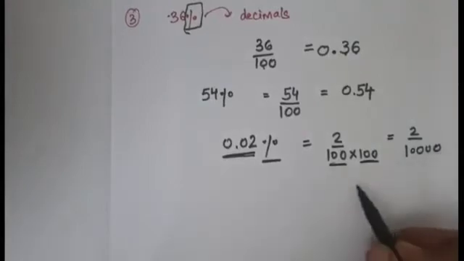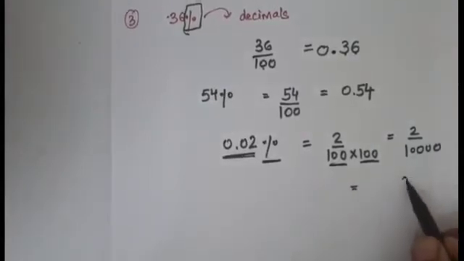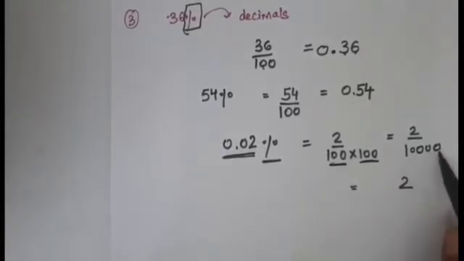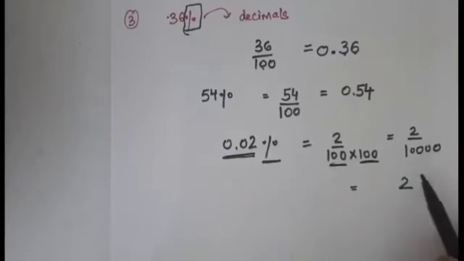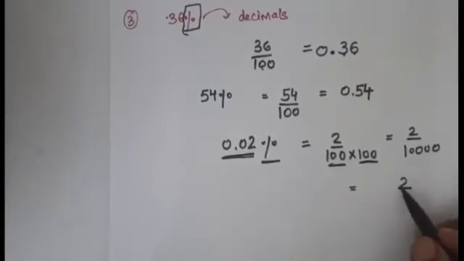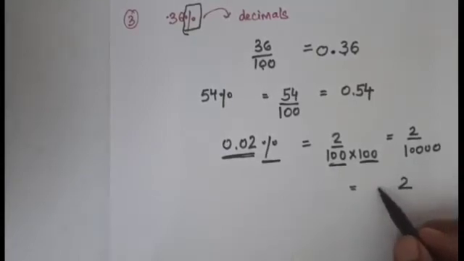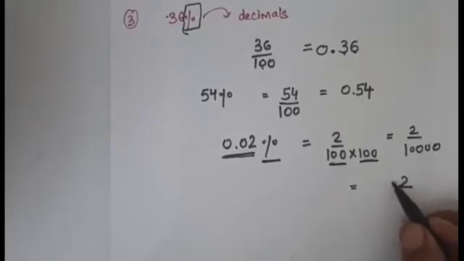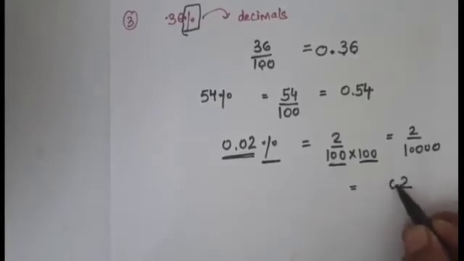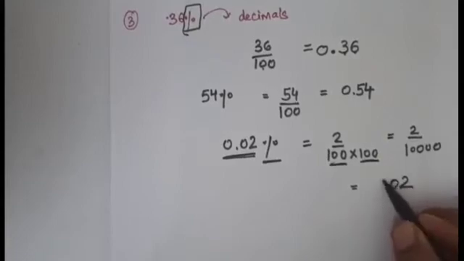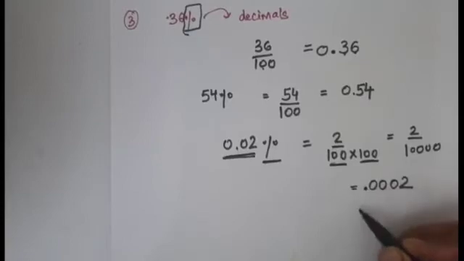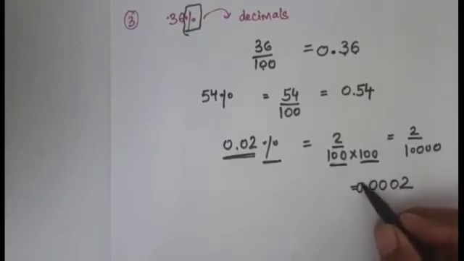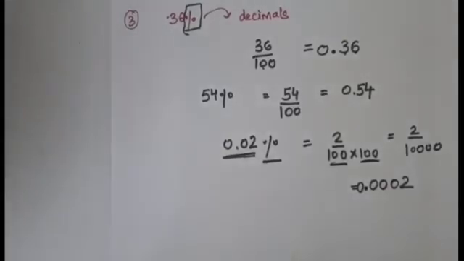Now how many zeros are there? 4 zeros. Now first of all write the numerator. 4 zeros are there. Start counting till 4 digits. 1. There is no digit further, so we can put zeros. 1, 2, 3, 4 and put the decimal. Now before the decimal no digit is there, you can simply put 0. Clear, students?